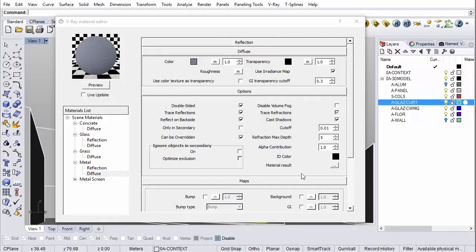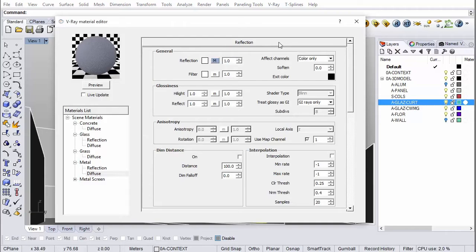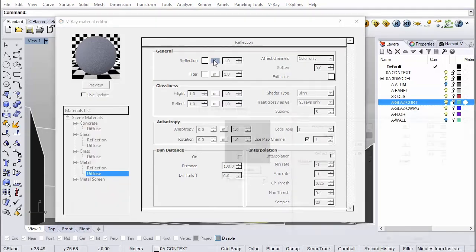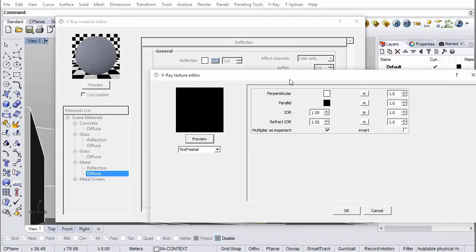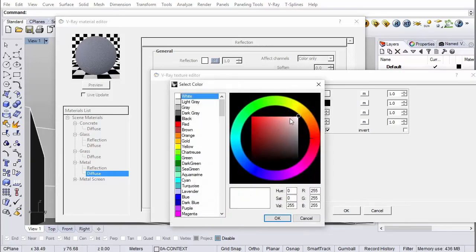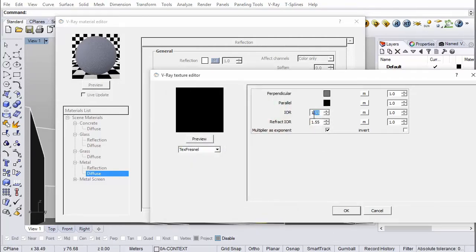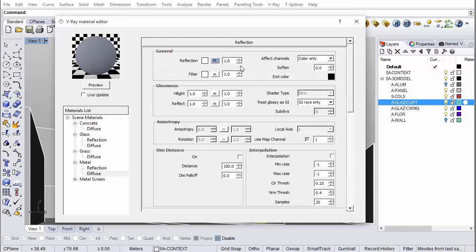All right. And now reflections are going to work a bit differently. Once again, we're going to be looking at the map, but we're going to change something. We're going to want reflections to happen at the perpendicular level as well. The white here means at the perpendicular, it's not going to have any reflection. And we actually want to set this to a gray value. And the IOR, which is basically how the balance between reflections and both sides is working, is going to be a bit different. We're going to want to set this to 20, and you're going to see the final effect. So still Fresnel, like the glass, but we changed the parameters a bit.